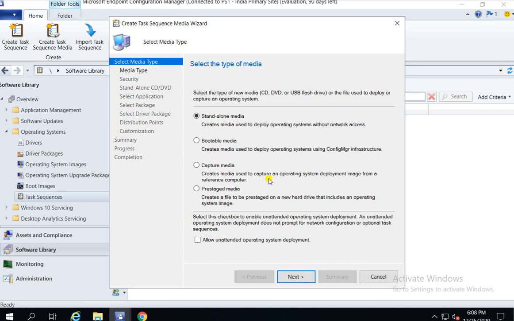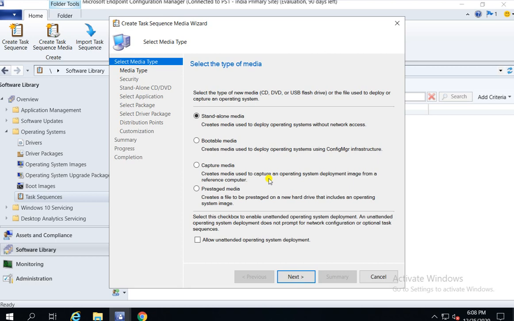Another way is the capture media that we are going to use now. Capture media is where we capture the OS from a reference computer. We install one operating system that should not be part of the domain, and the SCCM client should not be installed.